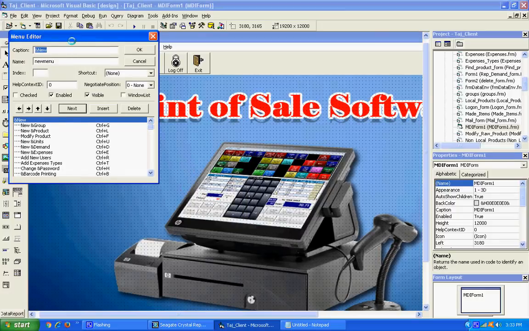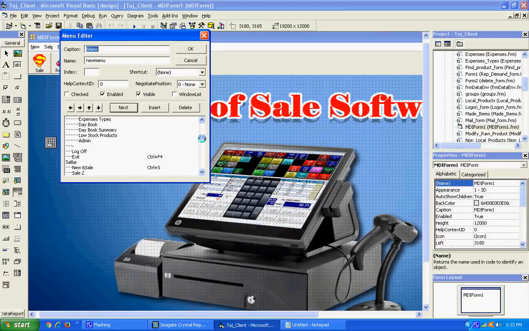There I add another menu after the admin. Insert, enter the name here, name top products. This is the caption that shows in the software, and the name is top products.